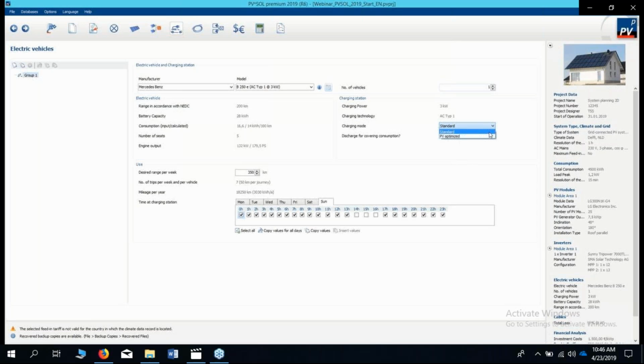If you use PV optimized, then it means, well, the battery is also loaded, but not up to the end. So it's not fully charged. It's only charged up to the point that you can drive the next ride. Yeah. So if you don't have PV